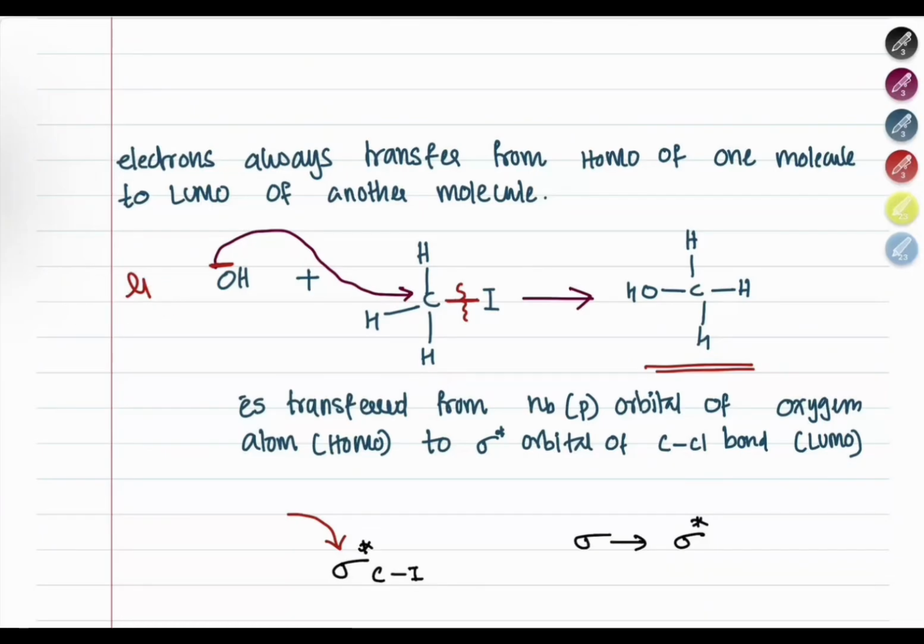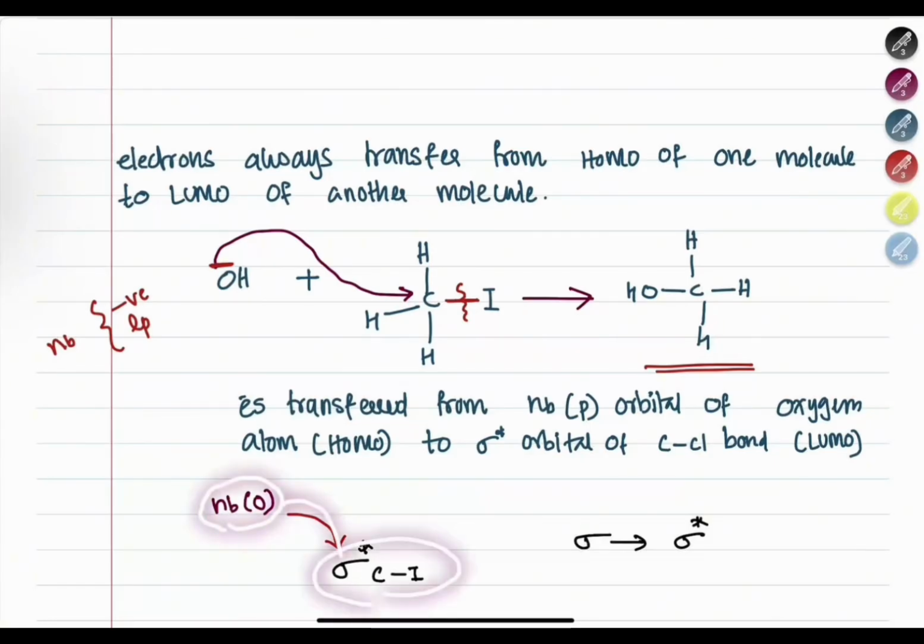So either if electrons are coming from a negative charge or a lone pair, that means that these electrons are coming from the non-bonding orbital of that corresponding atom. Here, the electrons are coming from the negative charge on the oxygen. That means electrons are coming from the non-bonding orbital of oxygen. So in this reaction, the electrons moved from the non-bonding orbital of oxygen to the sigma star orbital of the C-I